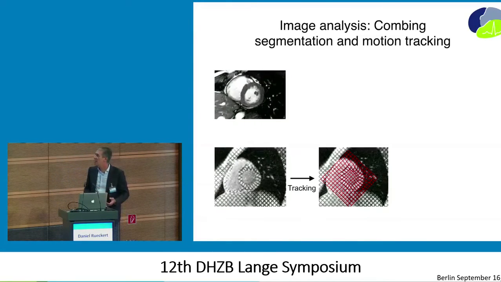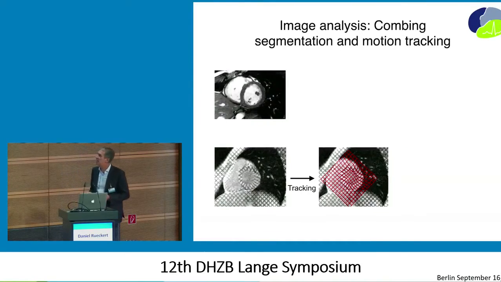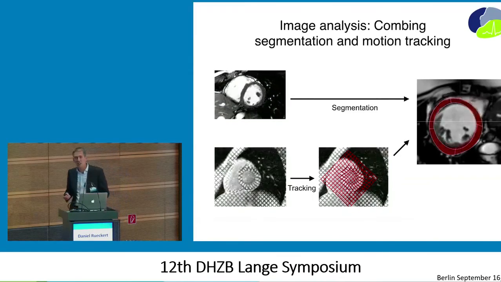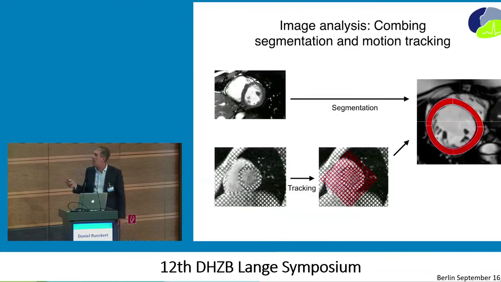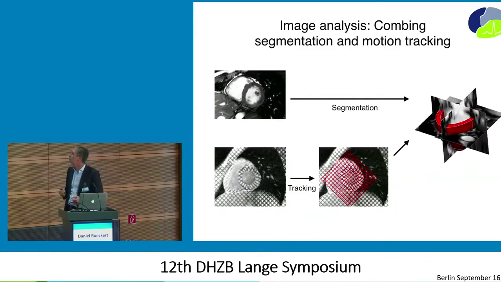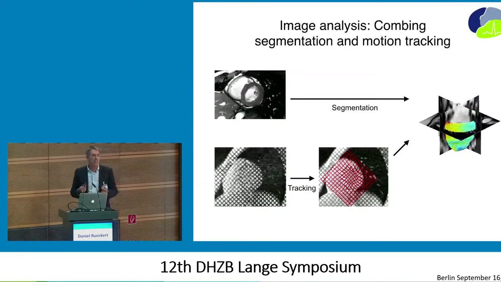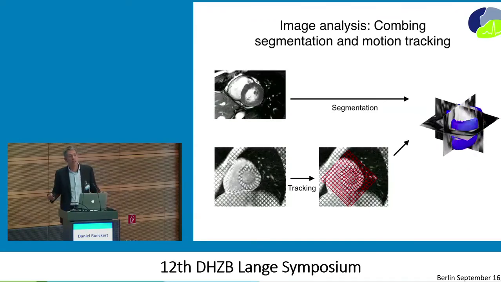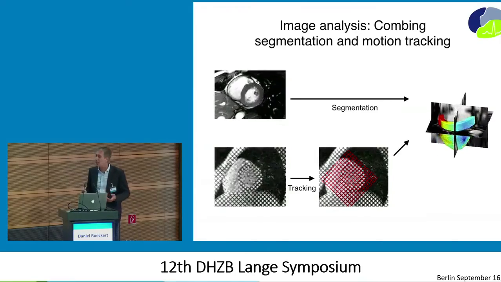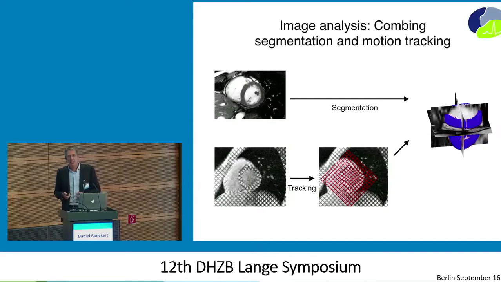We can track these lines using automated techniques, and if we then combine the segmentations as well as this motion information, we can not only segment our images over a dynamic sequence of images, but we can also map at every point on the surface the dynamic behavior, for example by looking at strain values and other characteristics, wall thickening, and so on. So if we're able to do this in a single subject,